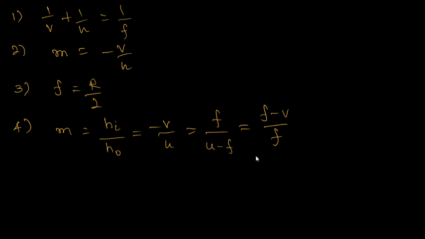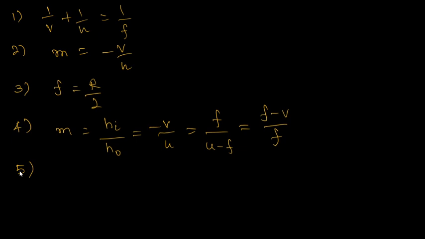And you know pretty well, h i is the height of the image, h o is the height of the object. And this is particularly useful to find out the height of the object or image. In fact, this is positive in the case of a virtual image in a mirror. So you please note down this point. Next,